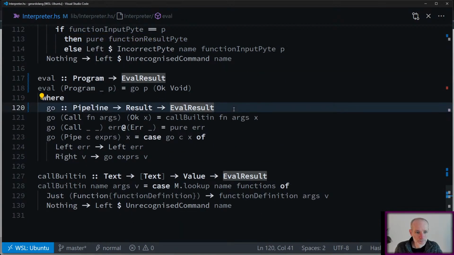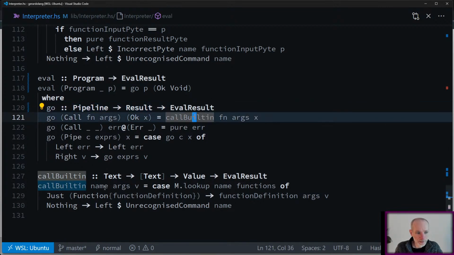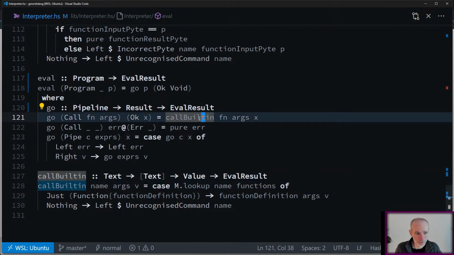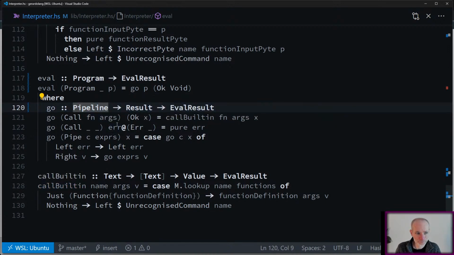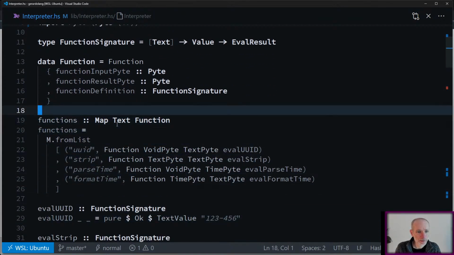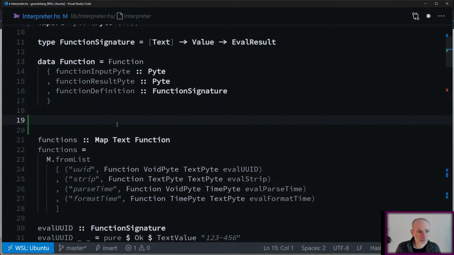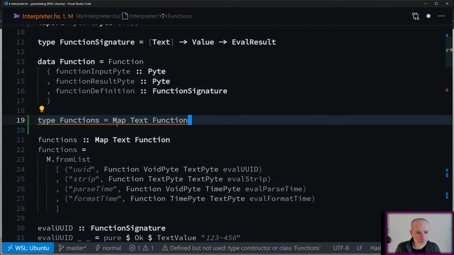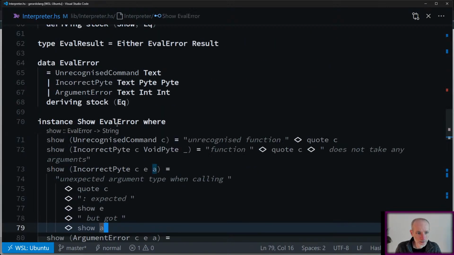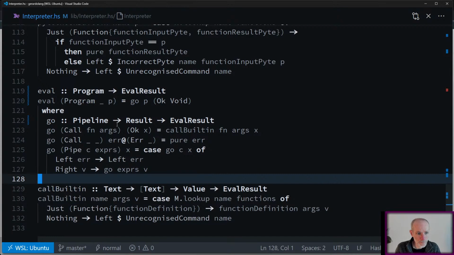So down here, call built-in, we'll just look up in functions, but we're going to have to extend this a little bit so that we pass in a list of functions. And functions, what type of function? The map of text to functions. So we can say type functions is equal to map text function. We say functions has type functions. And down here inside eval, particularly call built-in,